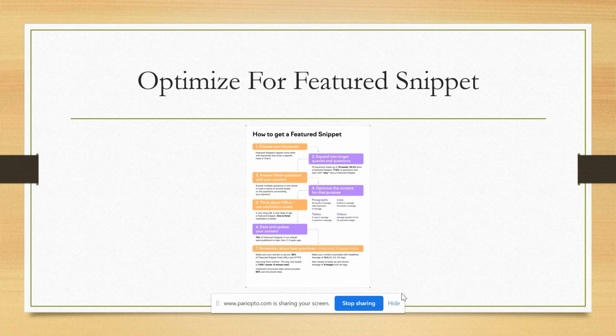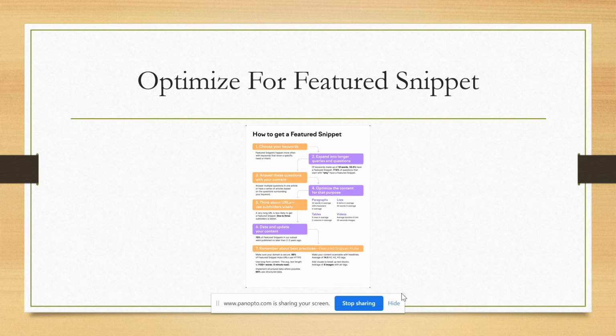Second, then you have to expand into longer queries and questions of keywords made of 10 words, 55.5% have a featured snippet. 77.6% of questions that start with why have a featured snippet. Third is answer these questions with your content. You have to answer multiple questions in one article or have a series of articles based on the questions surrounding your keyword. Fourth is optimize the content for that purpose.